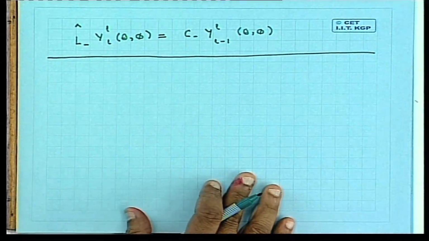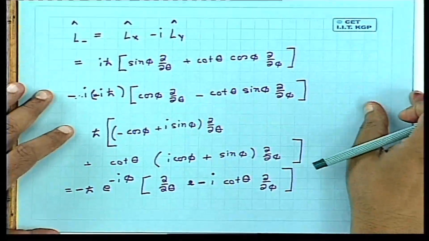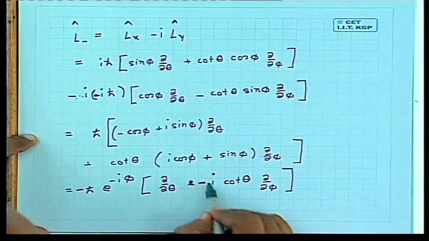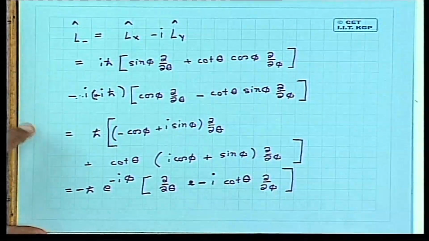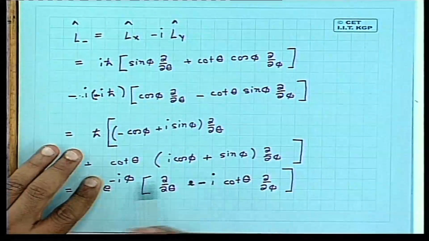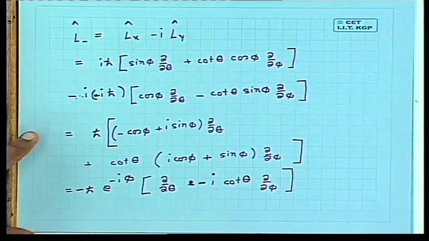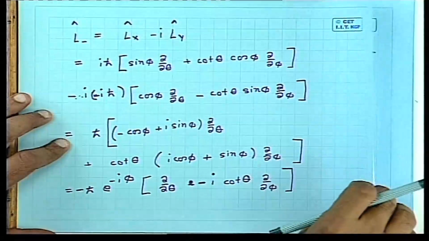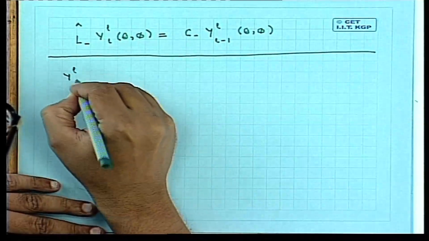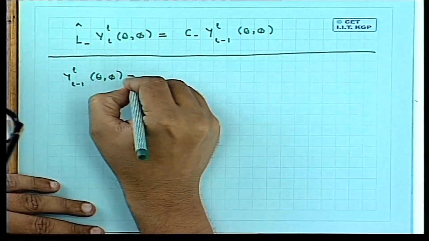Okay. So L plus, this is L minus. So the operator L minus is over here. L minus is del by del theta minus i cot theta del by del phi. And we are only going to act with this part of the function. We are not going to bother about the constant coefficients, which we shall fix later on. So Y_L, L minus 1, theta phi is equal to,